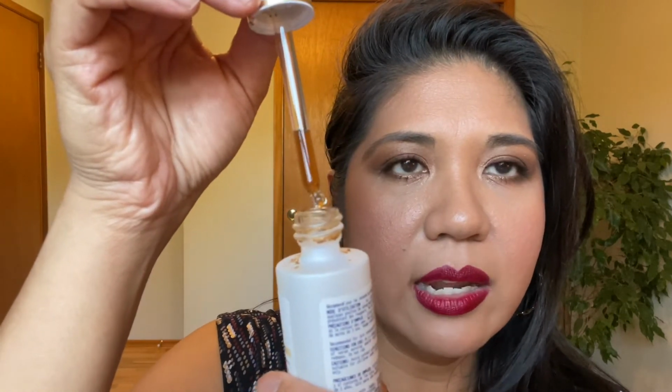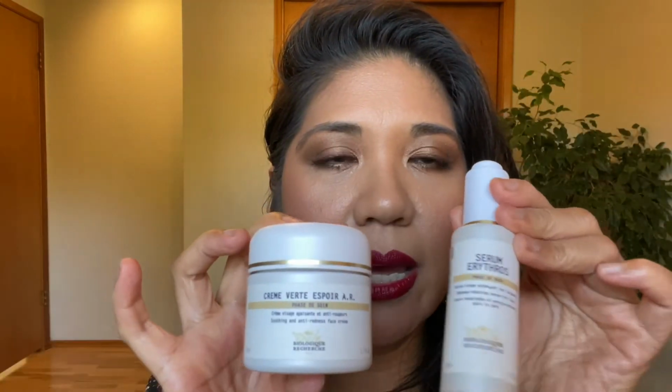So I would use this at night and I don't know if I saw any difference really. It was kind of a spendy product, so I'm going to keep using it. Another Biologique Recherche product that I had bought in tandem with each other is the Crème Verte Espoir